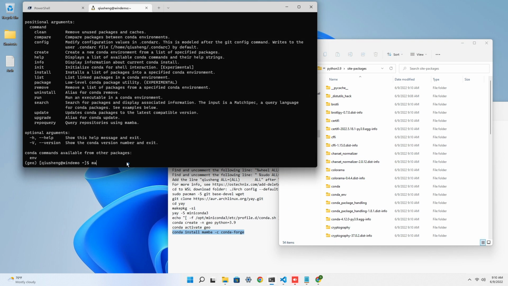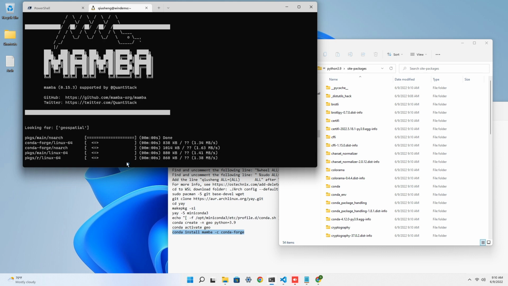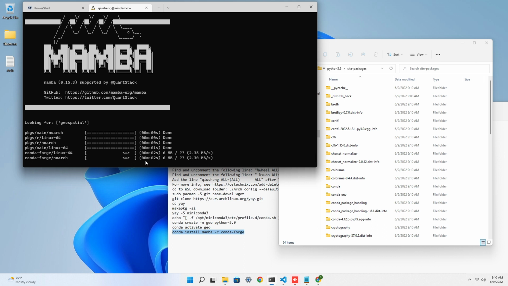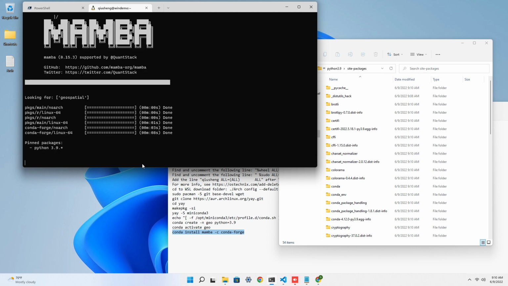So we can mamba install, for example, geospatial. Okay, geospatial, and then this one, conda first, and then hit enter. So it's going to install the geospatial Python packages, and that one pretty much has all the common Python packages for geospatial analysis. So basically just a one-stop shop, and then you don't need to conda install a lot